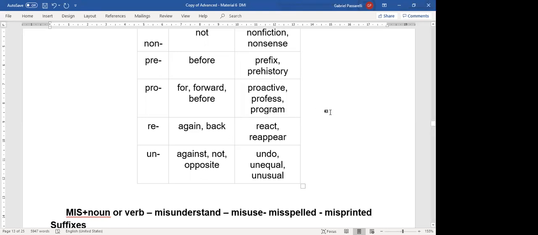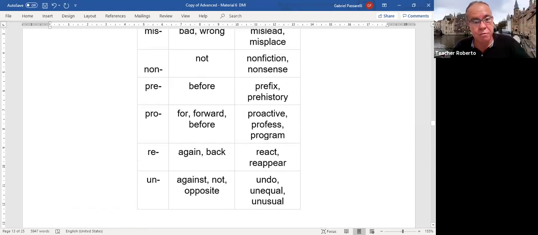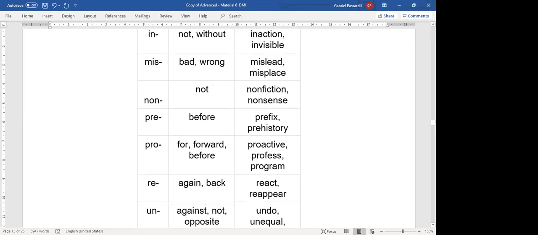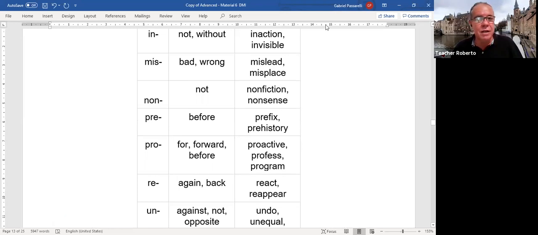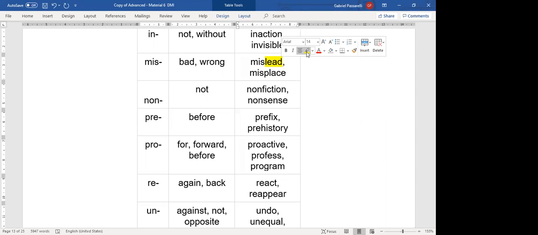And so the next time, before you ask me what is the meaning of this, look at the word, see if it has a prefix. If it has, then you look at the main word, like lead. Lead means to guide, to be the leader of the gang. If someone is misleading his followers, he's leading them in the wrong way, okay? What about the next one, Claudia?